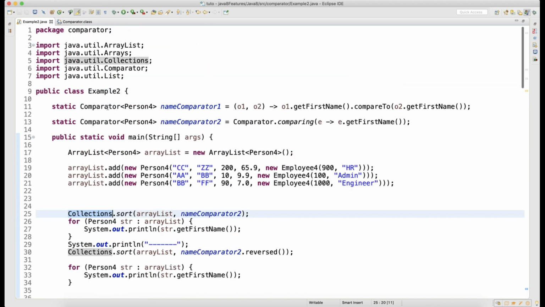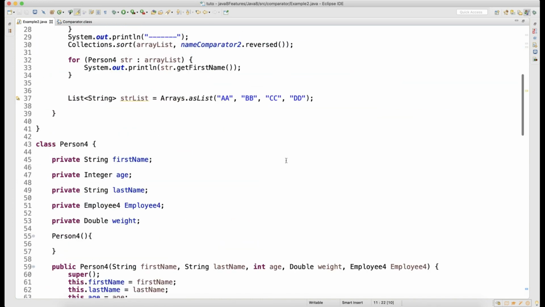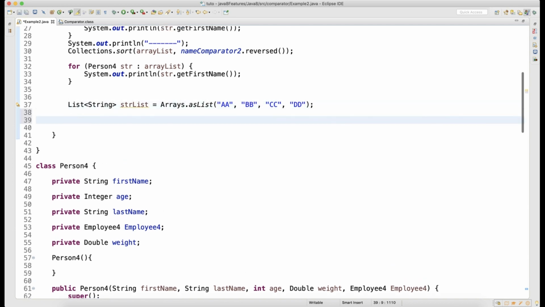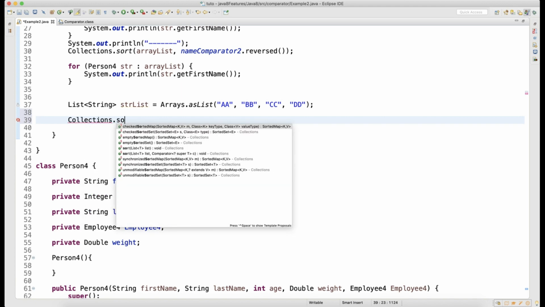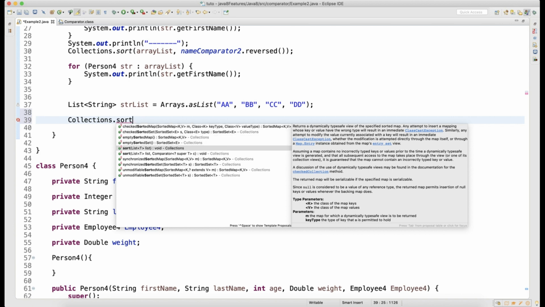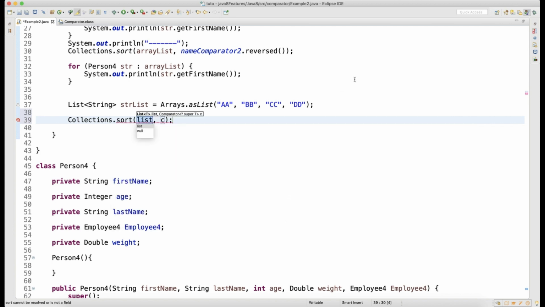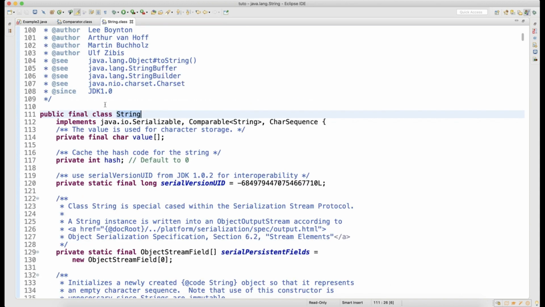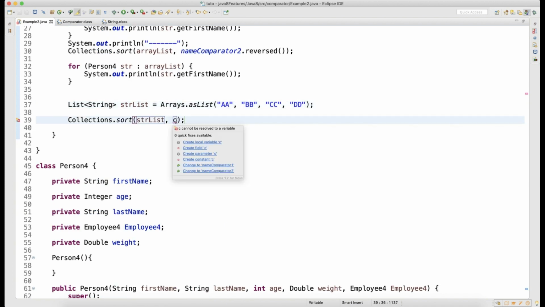If you call Collections.sort and supply the list which is of type Comparable, and you know that a String is of type Comparable because a String internally implements the Comparable interface. If you go inside String, you can see that it implements the Comparable interface. Here you can call Comparator